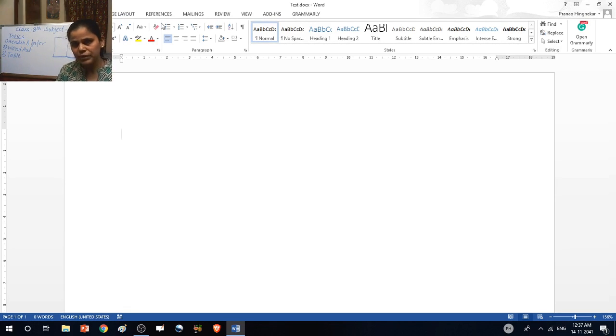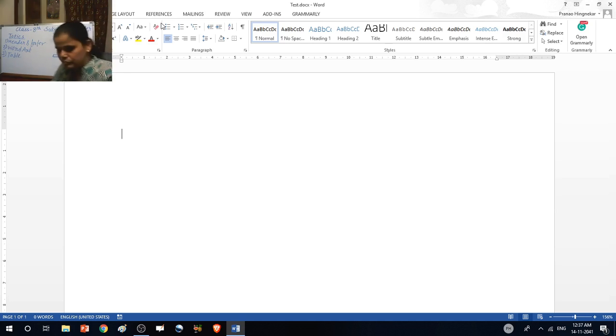So what is a header and what is a footer, students? You know, in most books, on the page, this is the first page and this is the second page. The name of the publication or the name of the subject, you can see as a header, and in a footer, here the page number 1, then 2. So here this is our footer and this is our header. Header is not a heading of the document.